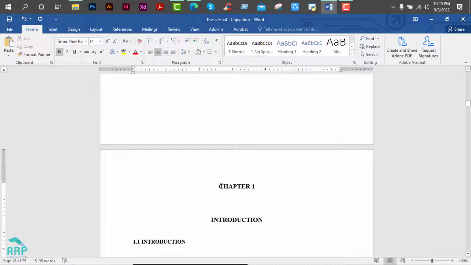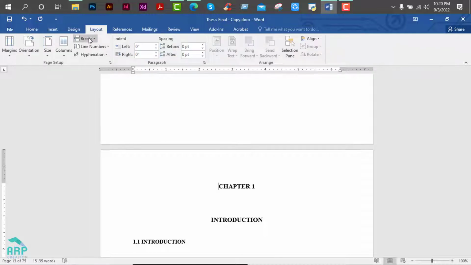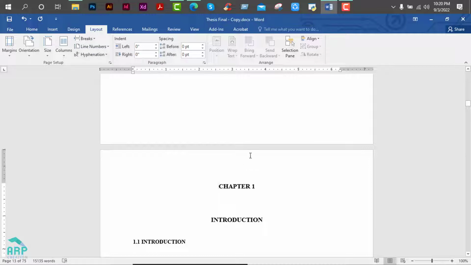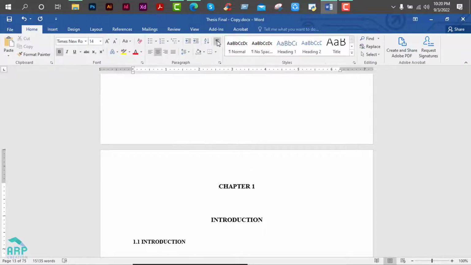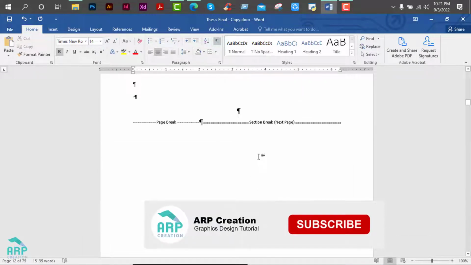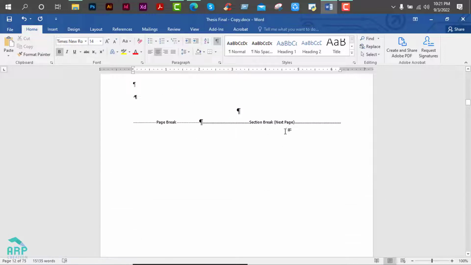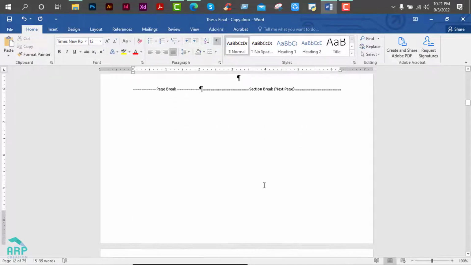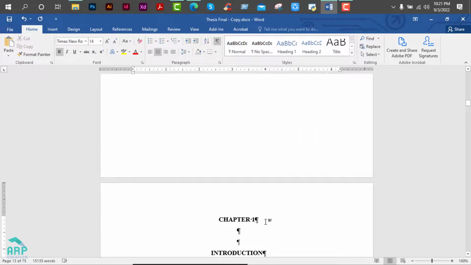So firstly go to the Layout menu, then click on Breaks, then click on Next Page, then go to the Home menu, then click on the Show and Hide icon and you will see the section break next page at the bottom of page 12. Now we will uncheck this icon,